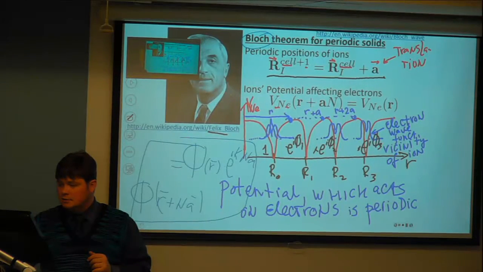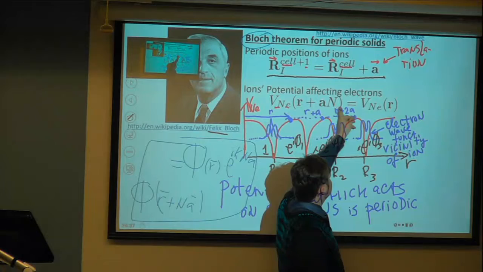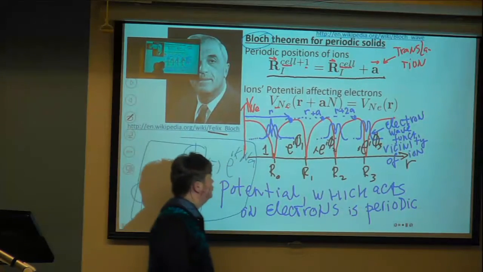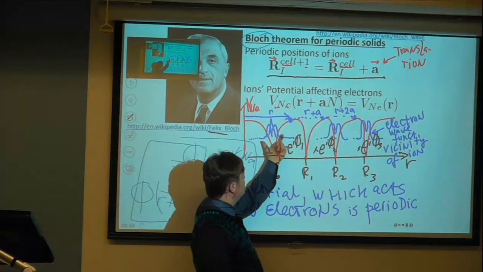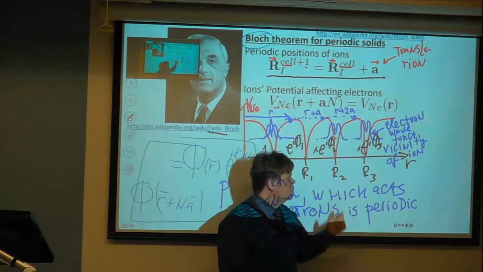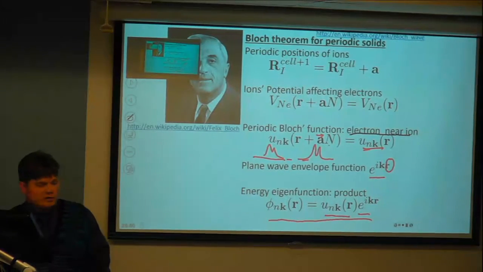And the potential is periodic as well. So the potential in a neighboring unit cell is the same as in the source unit cell, where the wave function in the vicinity of one unit cell and another one look the same way regarding the atomic part,